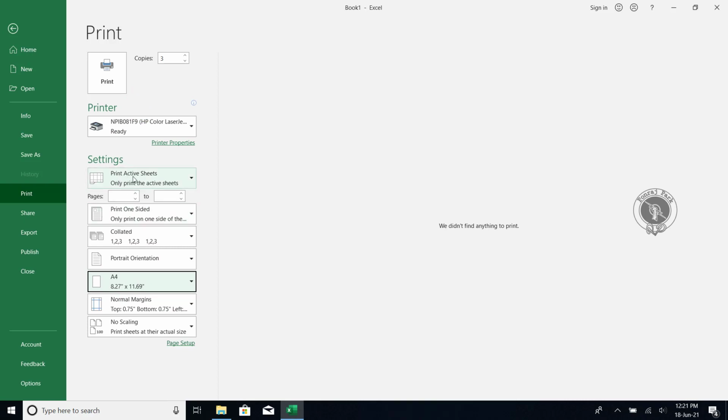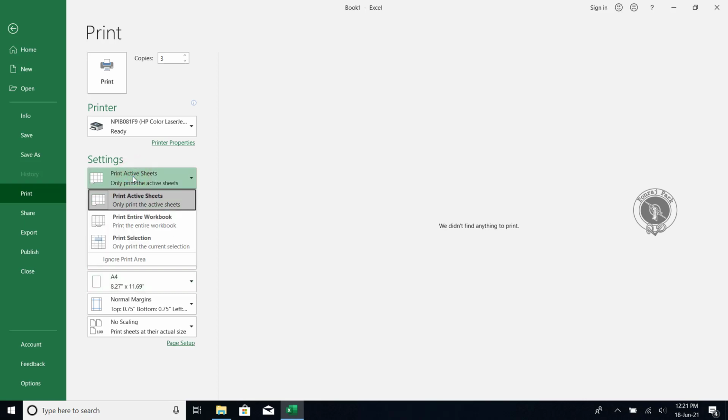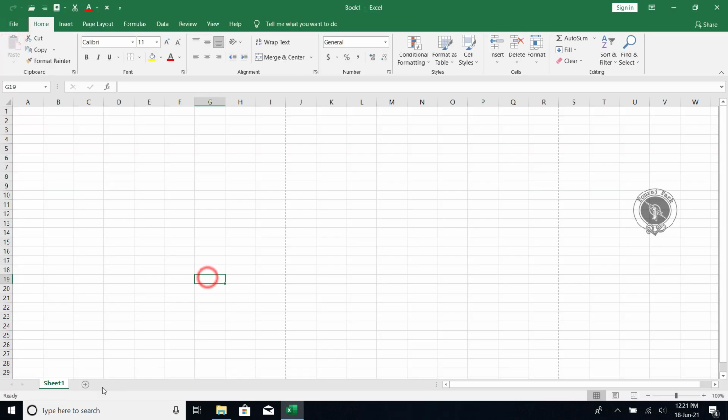In settings you can see Print Active Sheets. Print Active Sheets means the current sheet that you have will get printed. If you have multiple sheets, like sheet 1, sheet 2, sheet 3, sheet 4, and you want to print a particular sheet like sheet 3, just click on that. You have to be in that particular sheet.